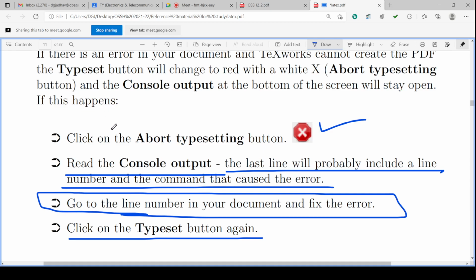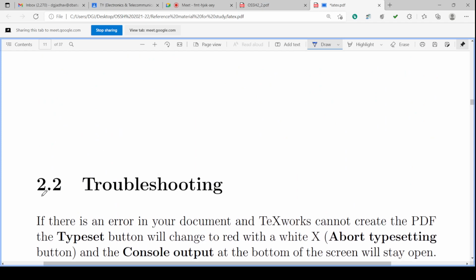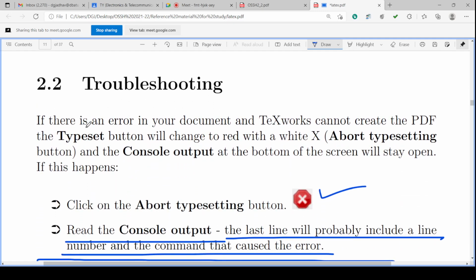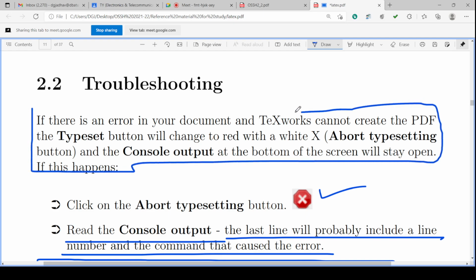Now, what are the details? Suppose this is the troubleshooting heading written here. So we can give the command of heading. This is only text. If there is an error, LaTeX cannot create the PDF. This is the text. We can create a simple text also, only text. So we can create the text.